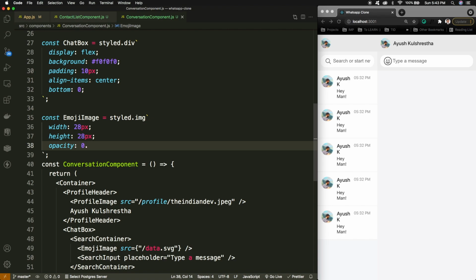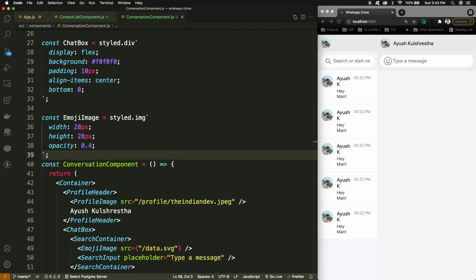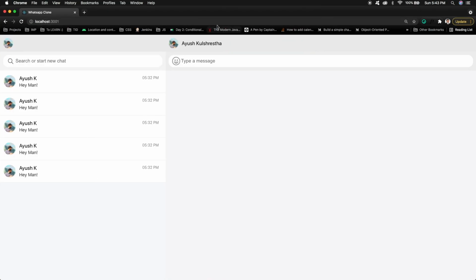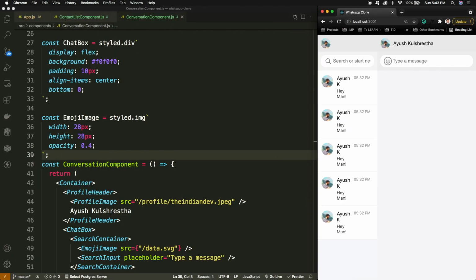I will go with 0.4. Yeah, now it's a little better. Now it's looking fine, and this is pretty much good that I'm having right now.